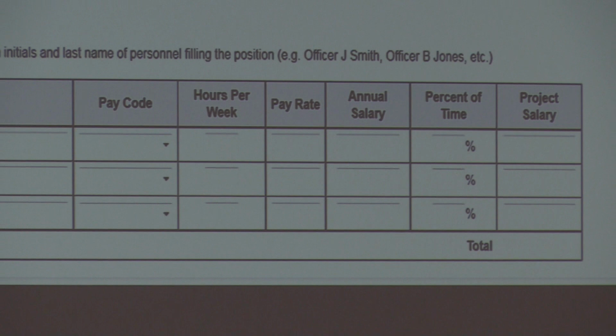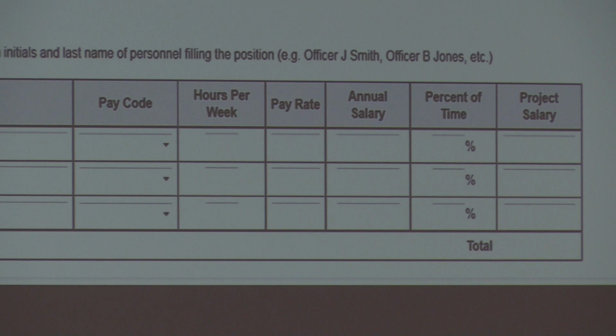Because you've told us the pay code, the hours per week, pay rate, annual salary, percent of time. So, for an example, annual salary ends up being $50,000. They're going to work 100% of the time. Their project salary will be